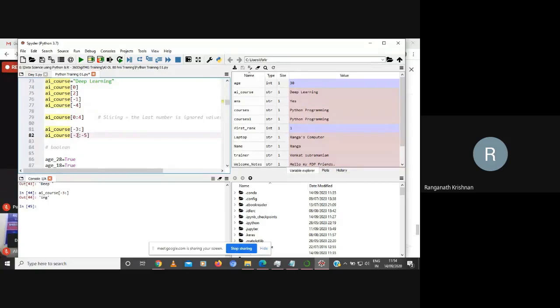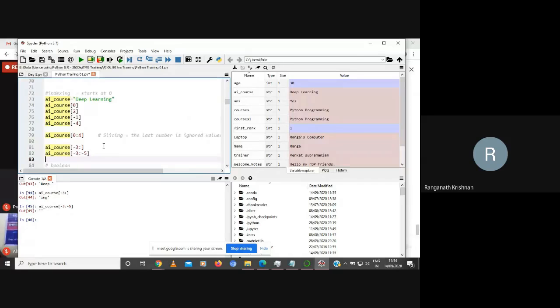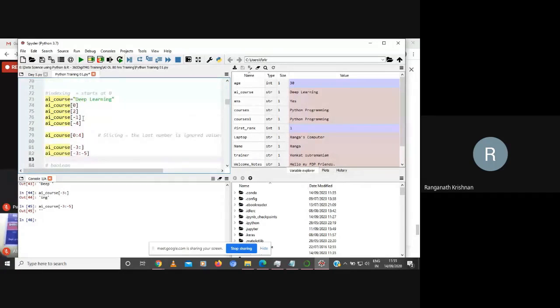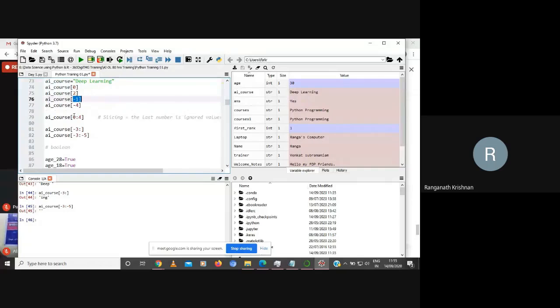If I want to start from -3 and print up to -5, I'm going to get nothing because there is nothing there. Okay. So this is how the index works. So you can play around with the indexes. The key things that you understand here is it starts with 0, you can use the minus sign, and you can print specific characters using the colon within square brackets.